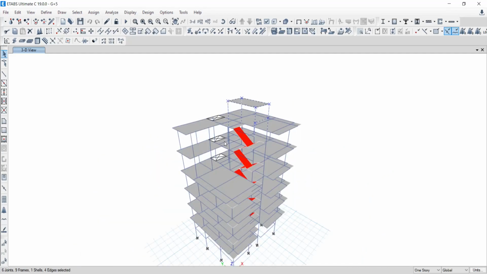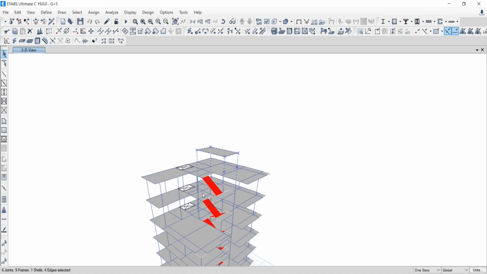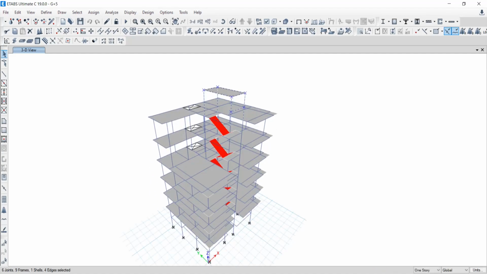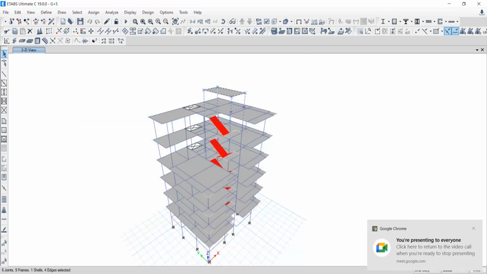Now what does inward selection mean? Whatever things are in selection will be deselected and deselected things will be selected. Sir, on the same floor or for all floors, sir? Deselected items are selected on the same floor only.